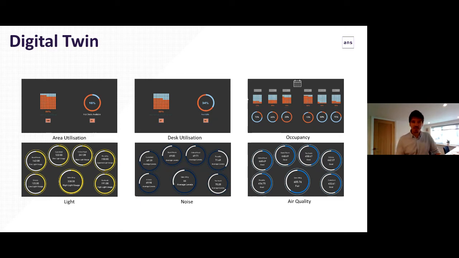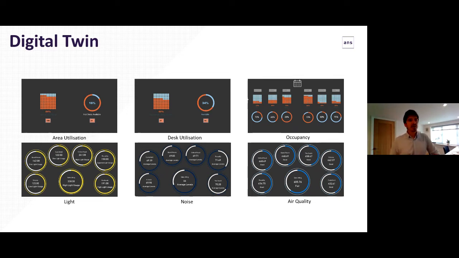Desk utilisation, so they were looking at more of the WeWork model in some areas where they sell per desk, and just wanted to know what utilisation was on that, and could they get more desks in there? What was again the ROI on that? What if they put more desks in, would they get occupancy in there? Occupancy across buildings and across the estate. So occupancy, we built this out, everything from meeting rooms to desk space to communal areas, right through to where showers are being used. Did they need more showers, need more toilets, and that kind of area?